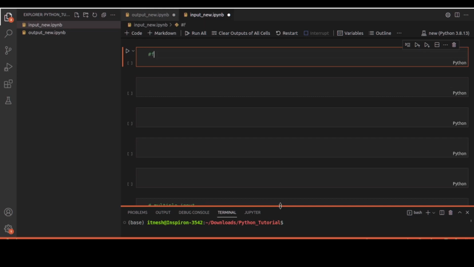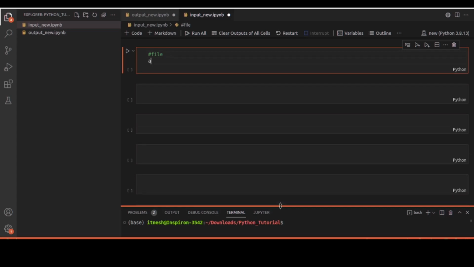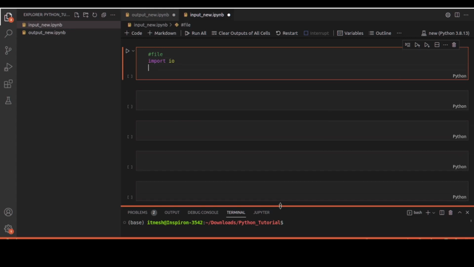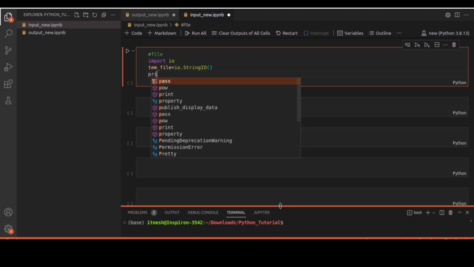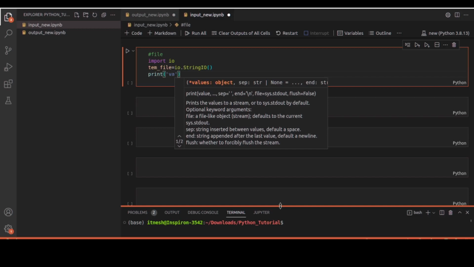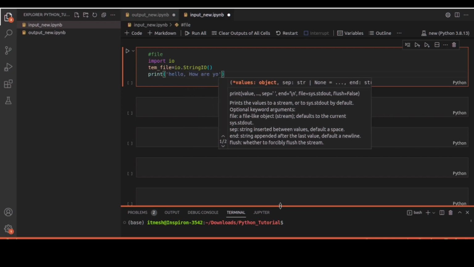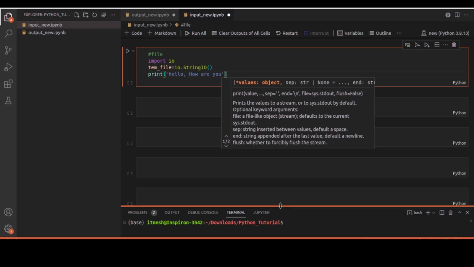So let's learn about the file argument, how it works. Whatever value we have provided in the print output, we want to store it in a file, and whenever I want to execute, we will get our output. So let's import IO, and then decide where you want to store your output, like temp file, okay, and call the string function, string IO, okay, and print whatever value you want stored. So like hello, how are you? Okay,